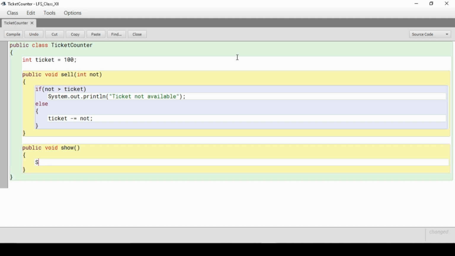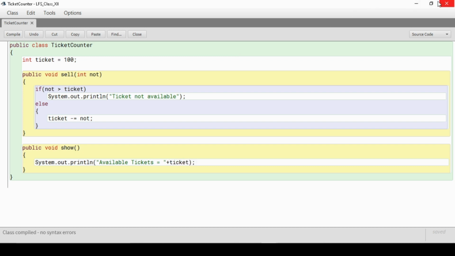So this is a class with the total number of tickets in the ticket variable, a sell method to sell the tickets, and a show method to show the available tickets. We can call this method anytime to see the available number of tickets. Here I am printing the value of ticket.